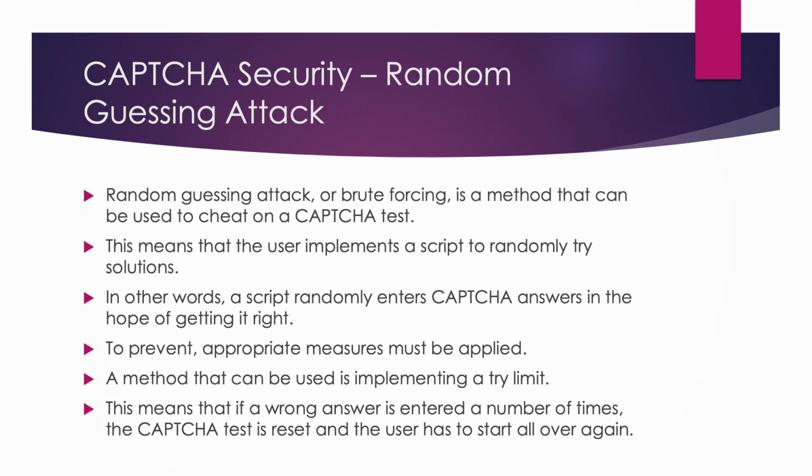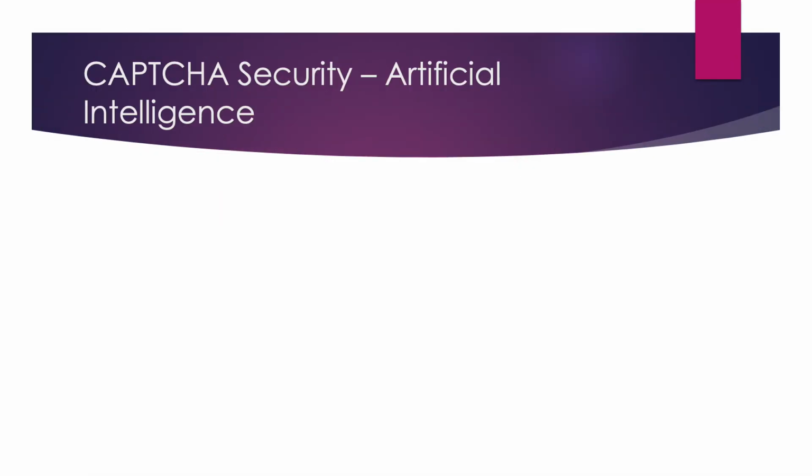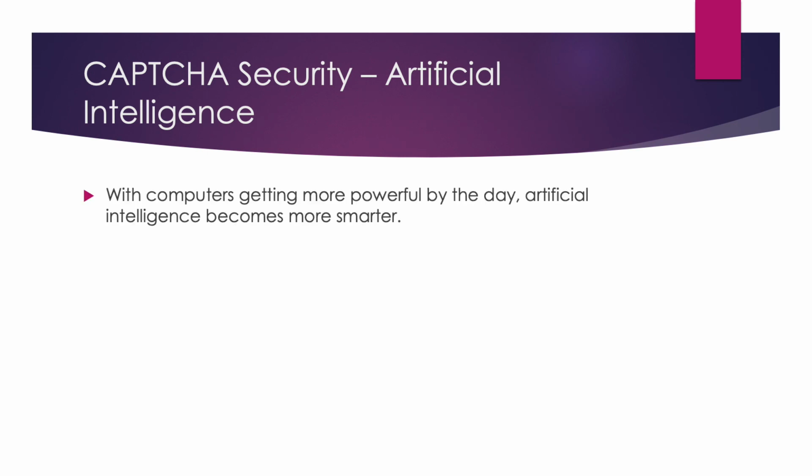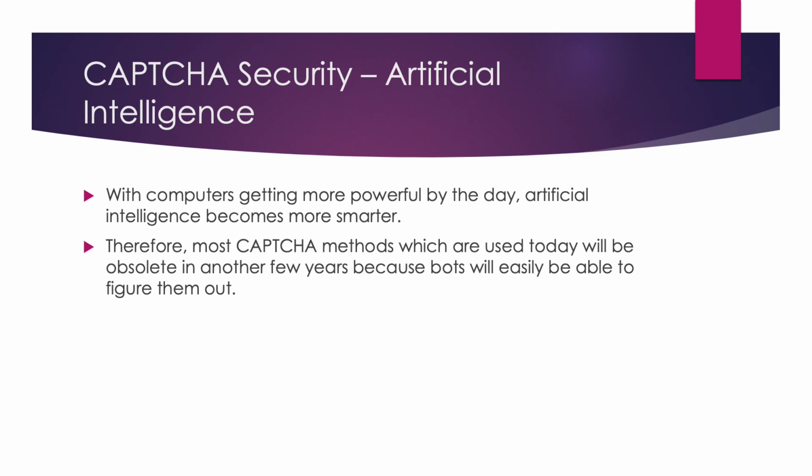Now let us look at another aspect of CAPTCHA security, which is artificial intelligence. As we know, artificial intelligence is on the rise these days and is developing very quickly. Therefore, most CAPTCHA methods which are used today, such as reCAPTCHA developed by Google in 2007, will be obsolete in another few years, maybe by 2028 or 2029, because bots will be easily able to figure them out using artificial intelligence and machine learning. An example of these are text-based CAPTCHAs, which can be